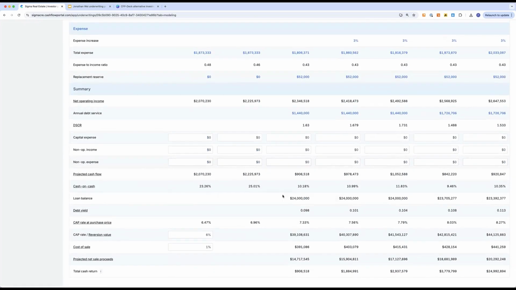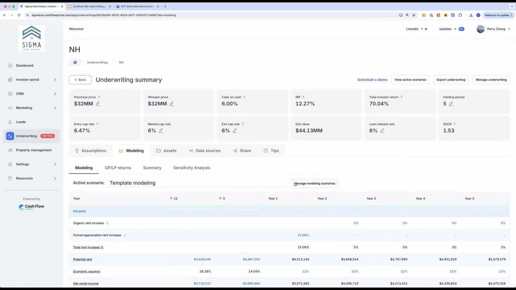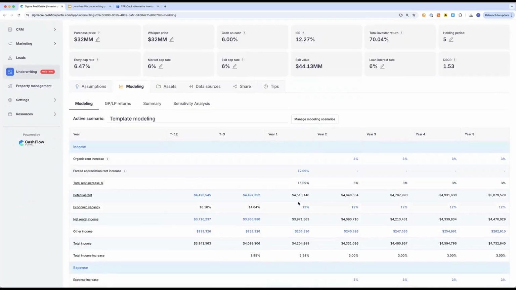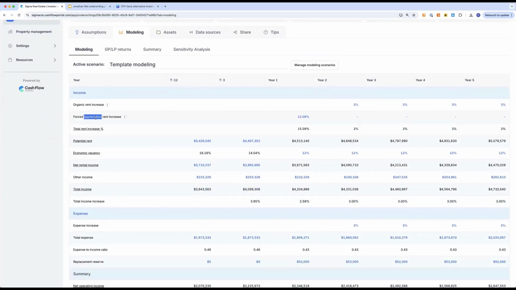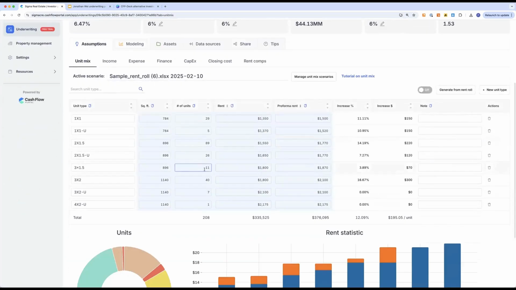So there's one source of truth, which is everywhere else, but then the modeling combines them together. The first thing we want to look at is why we think there's a 12% rental increase in the first year. That seems pretty aggressive. So let's click into it. When we click into it, that's why: that's the pro forma rent, and that is a 12% rental increase. And where do you get the pro forma rent from? Is it from the rent roll pro forma rent?